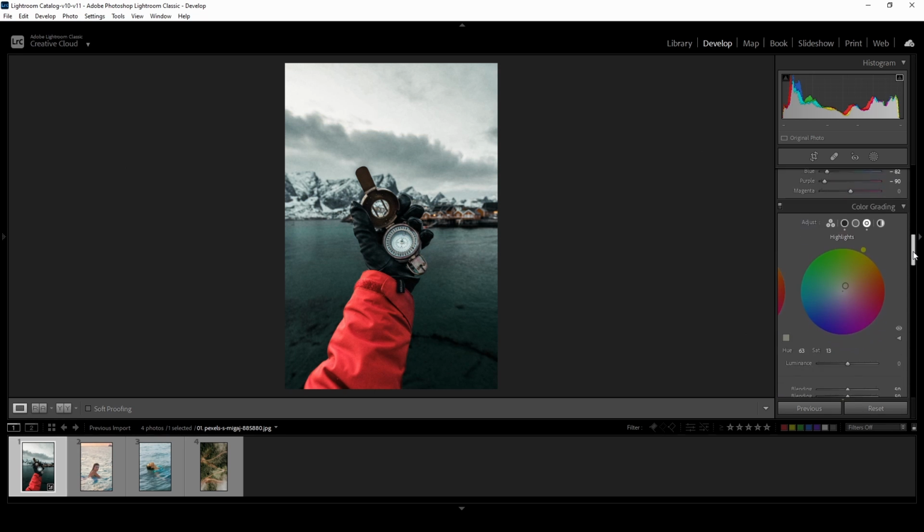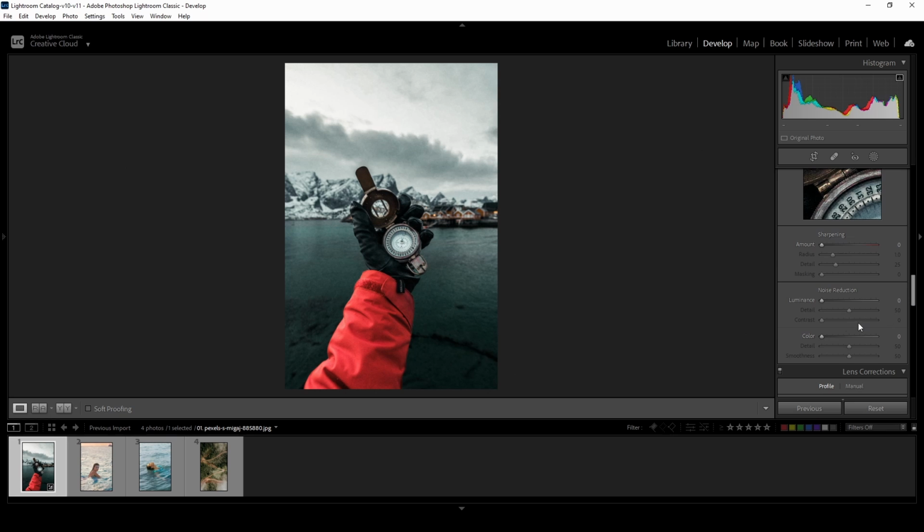Now I am seeing noise in the photo, so I will do some noise reduction, which will make the photo more professional looking. I keep the detail at 15 on almost every photo. I will also reduce the color noise as I am seeing color banding. This will smooth out the colors. Now I will add sharpness to the photo to make it obviously more sharp.